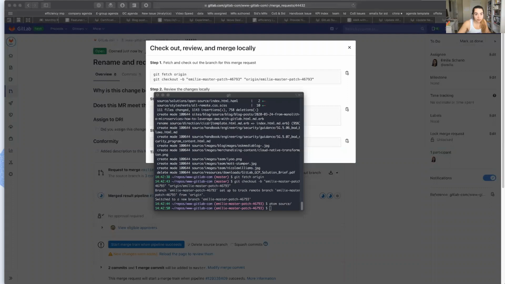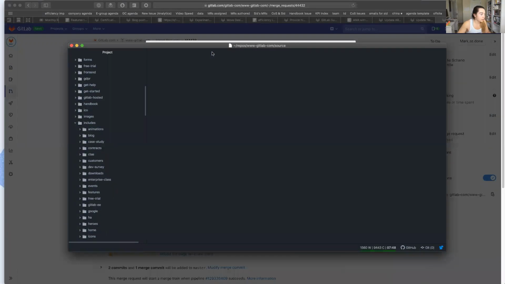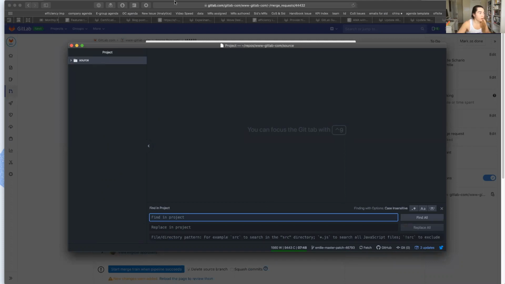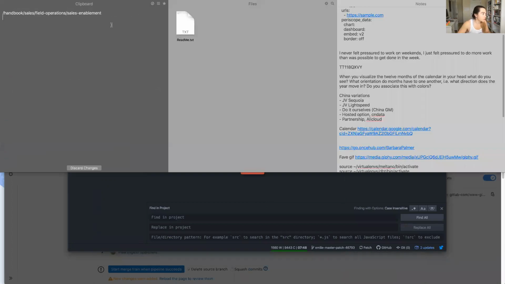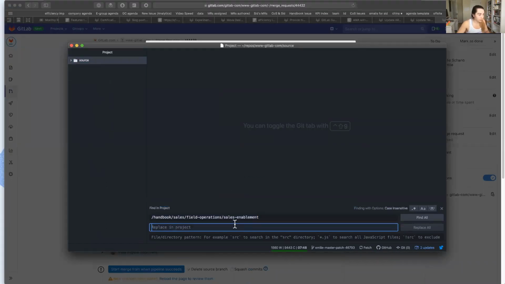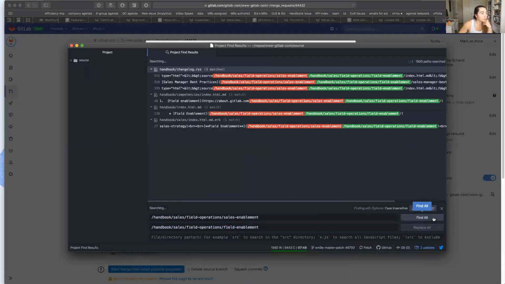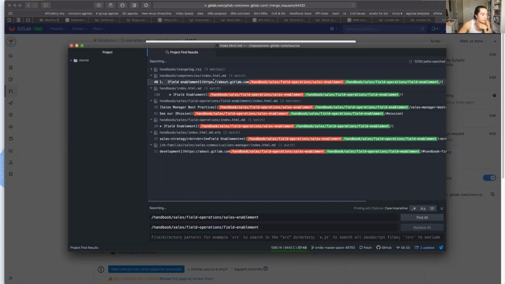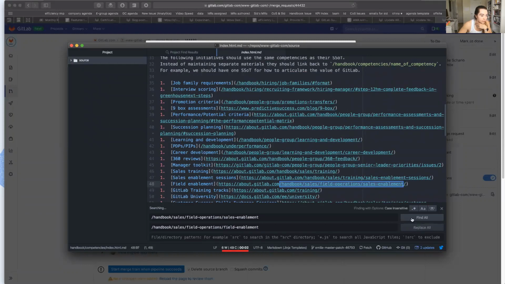So Atom's my text editor of choice here. What I want to do is search for this whole string. And we're going to replace it with field enablement. So we don't care about editing the change log. I'd see it linked here. So let's